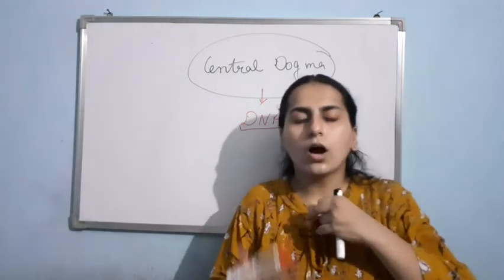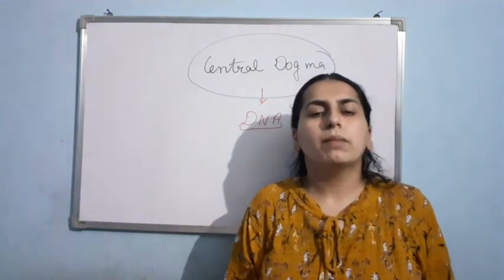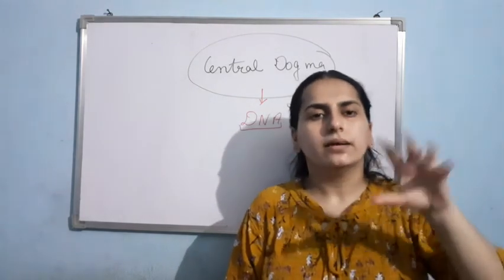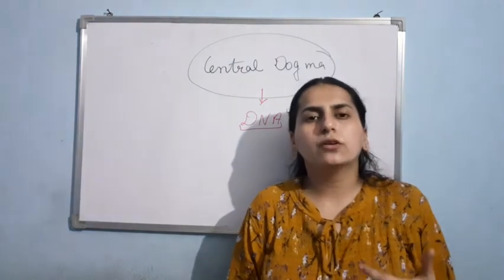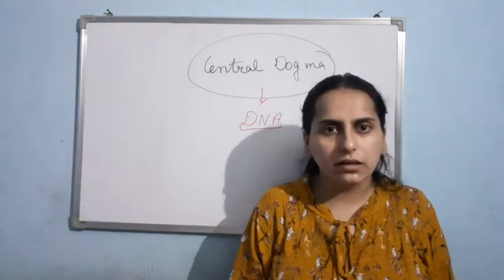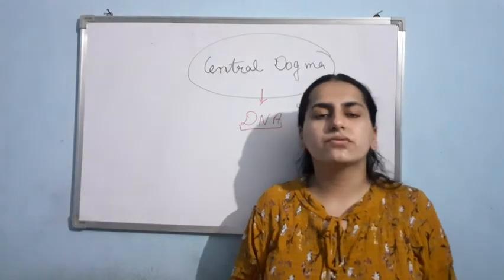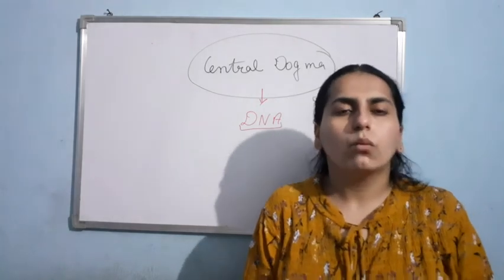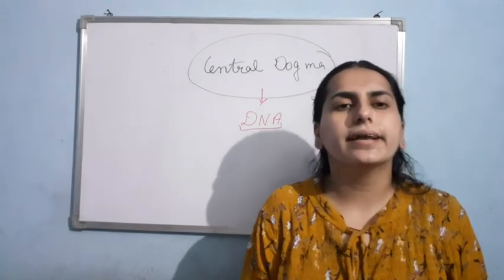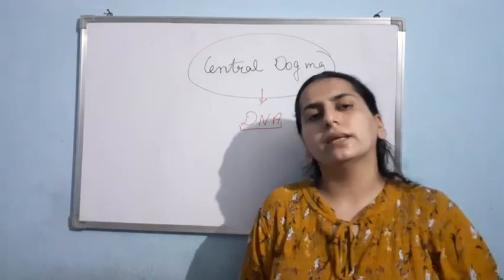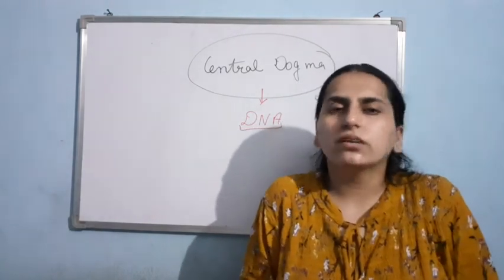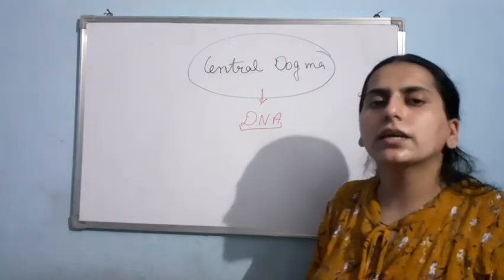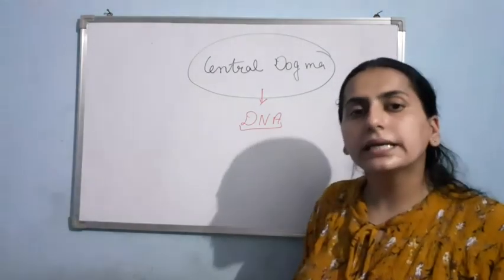Firstly, how is the information transferred by the formation of proteins? If I talk about DNA, the functional segment of DNA that can code for a particular protein is a gene. So basically the DNA will make proteins. Whatever information is present in the DNA, that particular type of protein will be coded by that particular gene which is present in the DNA. Am I clear? So firstly, we have to study how proteins are formed from the DNA.